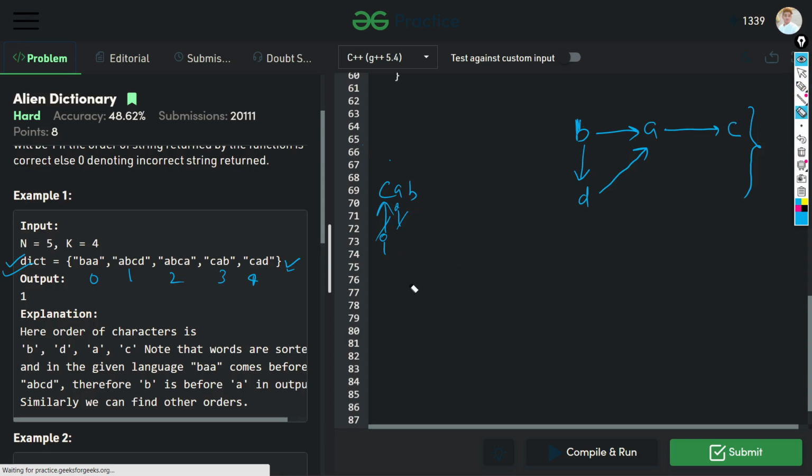Okay, and after that we can apply the topological sort to find the order.